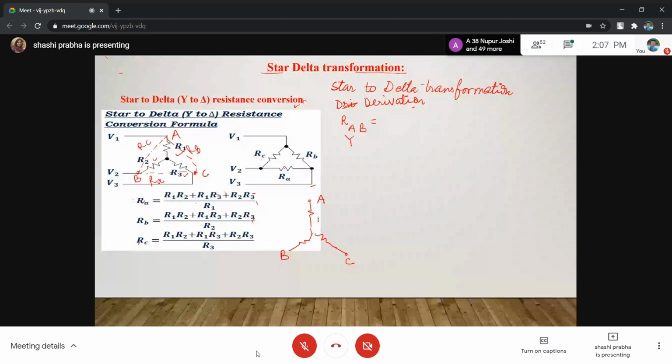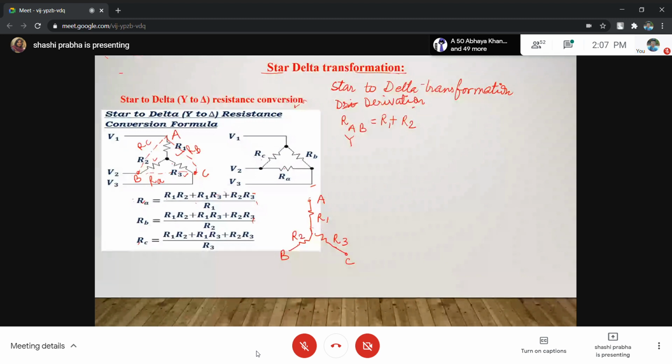If I take a star, okay, what is the resistance between A and B? See, third resistance का कोई value नहीं है because it is lying open. So what is the resistance between A and B? Is it R1 plus R2 only? Because this is just hanging in the air. This has no meaning. So what resistance is between A and B? This is R1 plus R2. That is when you take a star.